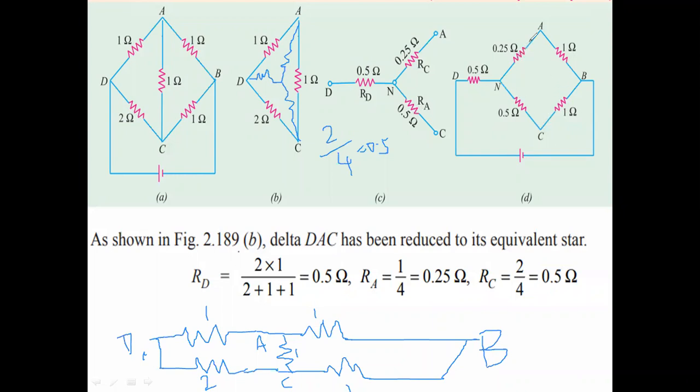Now see, these two resistors are in series and these two resistors are in series. The obtained values are in parallel and the obtained equivalent value is in series with 0.5. Then we can easily get the equivalent resistance between D and B. This is the easiest form. We can easily obtain the resistance when there is a situation where we are unable to move forward. So the delta formation is converted into the star formation, then it is easily simplified.